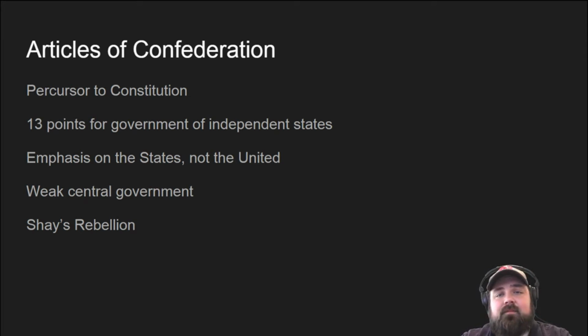Article 3 goes on to say that these states enter into a league of union, very firm friendship with each other, so that they can have common defense, securing liberties, and promoting the general and mutual welfare. So they come together to offer each other assistance against all forces and attacks made upon them, on any sort of account. So this unites the states together essentially for mutual defense. Right now it's more of a mutual defense treaty, this Articles of Confederation, than any sort of true governance structure.